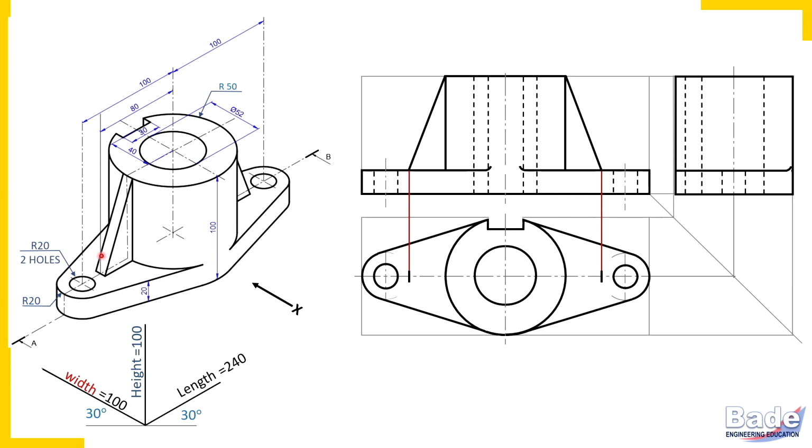If not given with reference to other dimensions, you assume the thickness. So I have assumed that thickness 10 millimeters, and this is how I have drawn those two strips, and these two strips meet this curved surface of the cylinder, the cylindrical surface. Similarly, draw end projectors from these triangular plates, that is, the height of the triangular plate you transfer in the side view, and along the axis of symmetry draw those two strips. So this is how